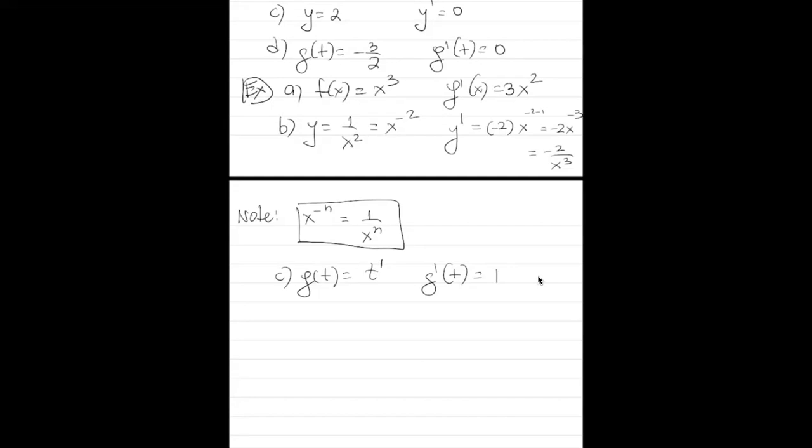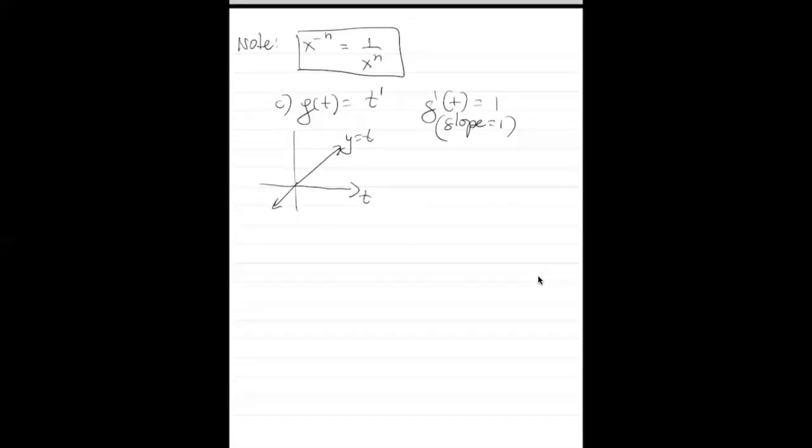Or you can think about, let's look at this graphically. Y equals t is a linear function, and the slope is 1, right? So slope is equal to 1. If you think about y equals mx plus b, m is the slope in front of x. So another example,